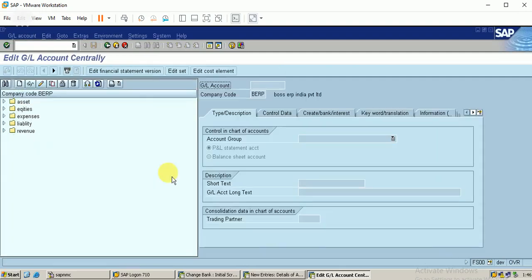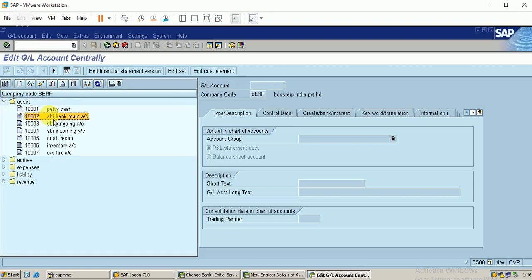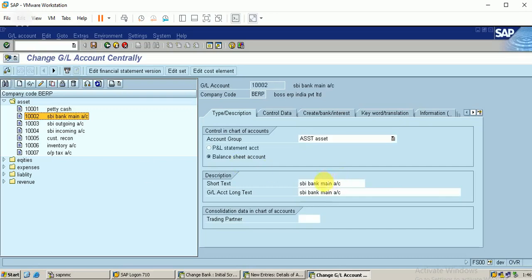We have already created accounts. I've created it in the name of this. Let me change this name. I'm changing this name as HBD main bank account.